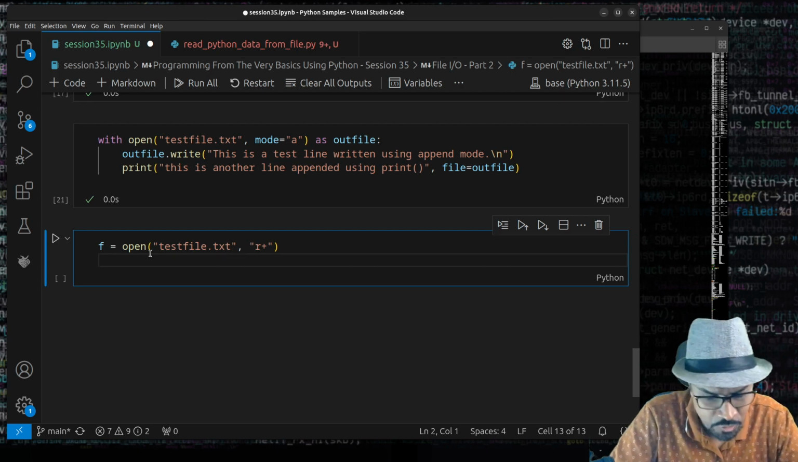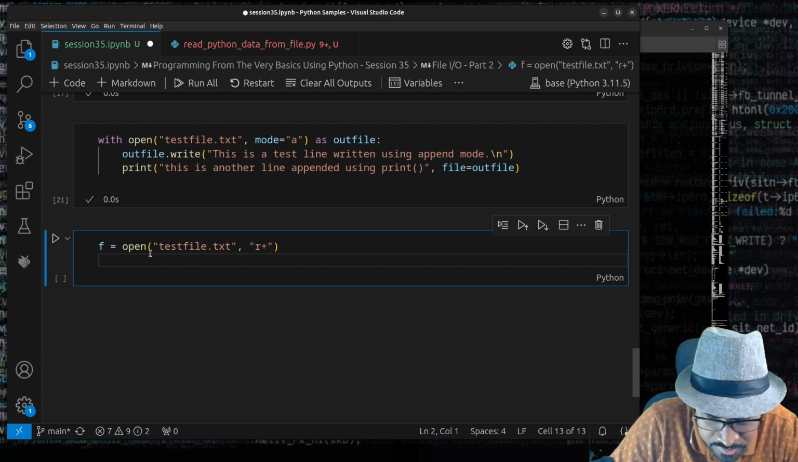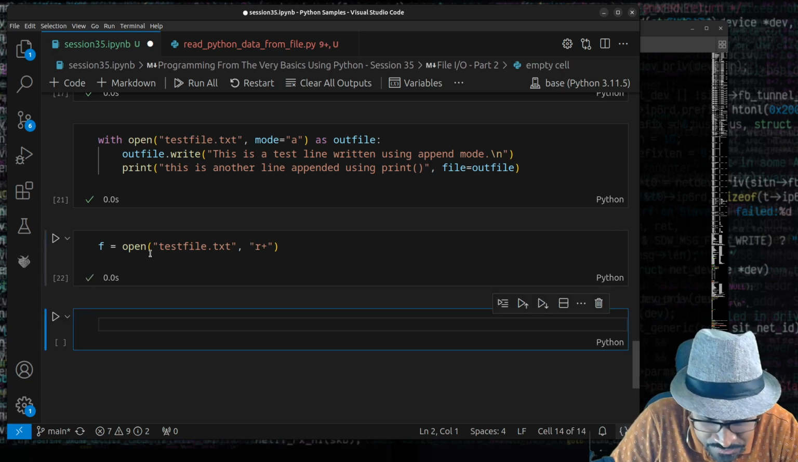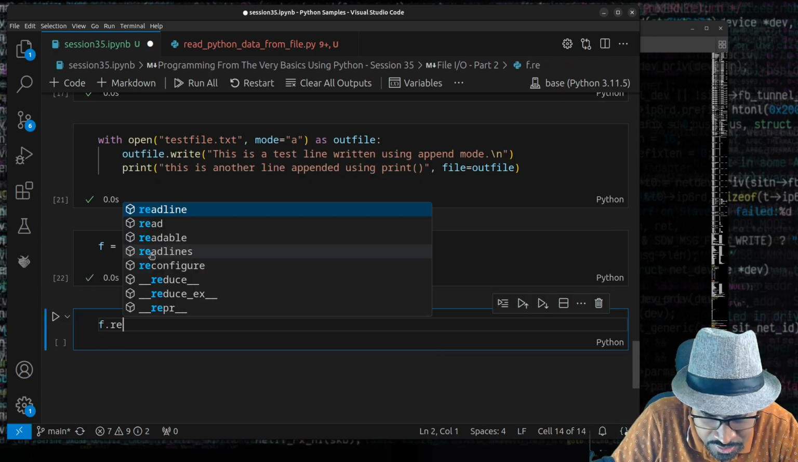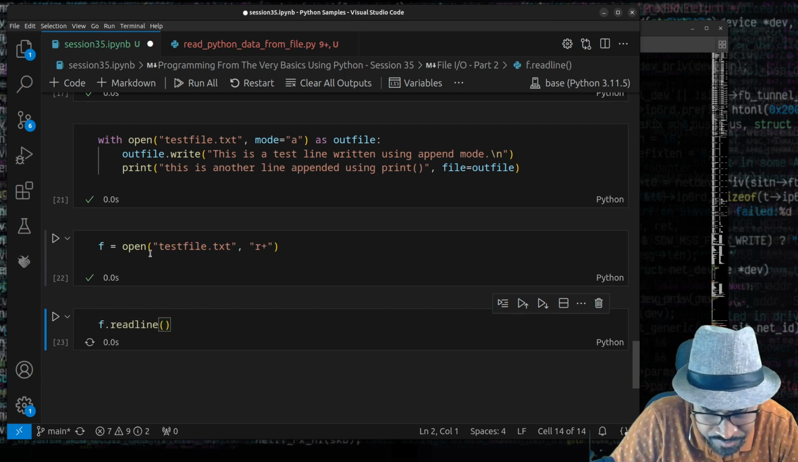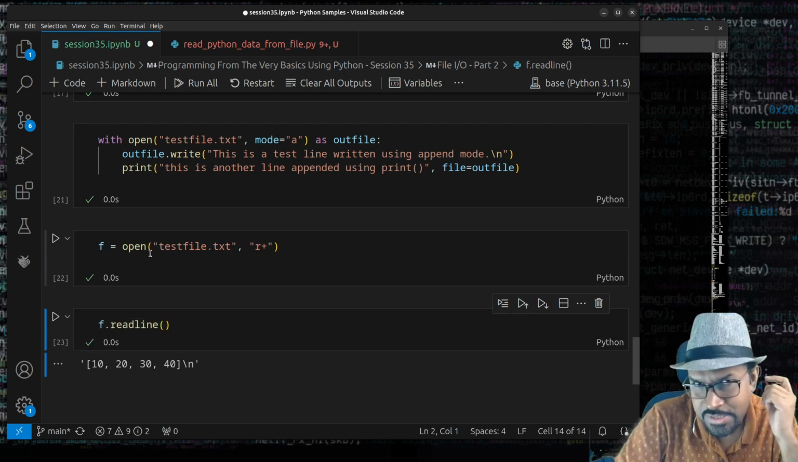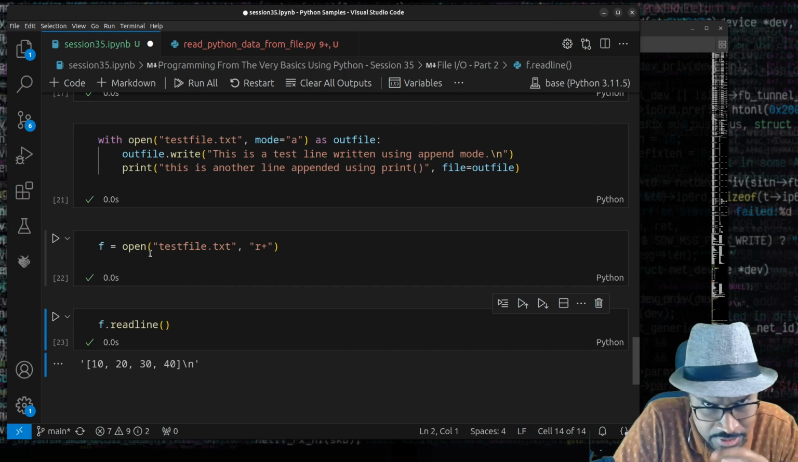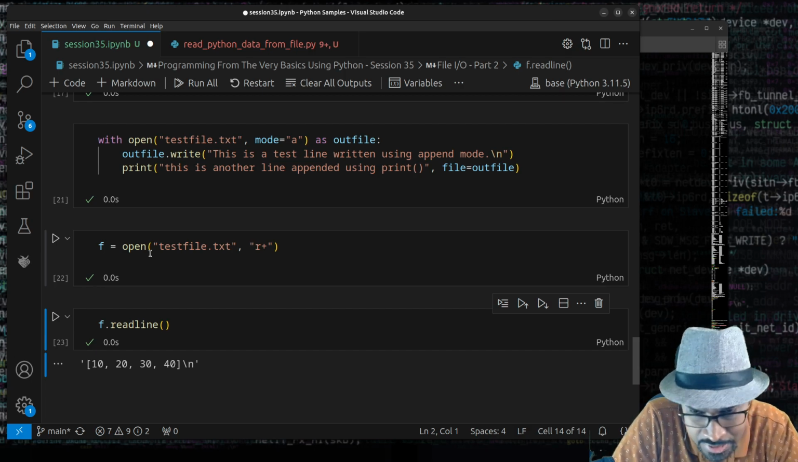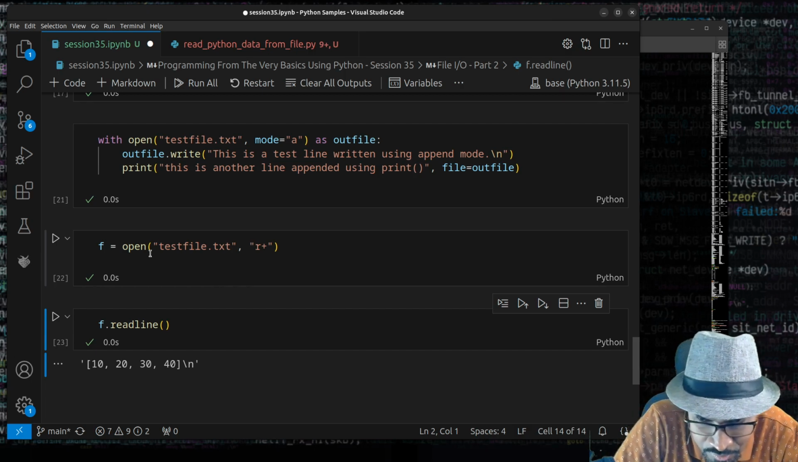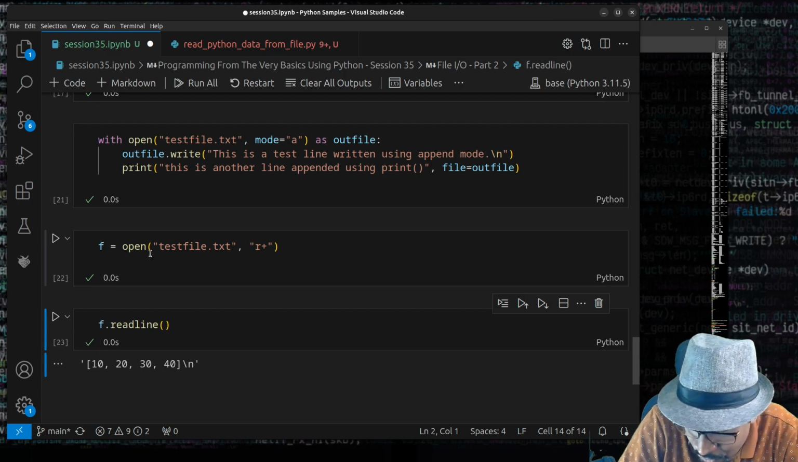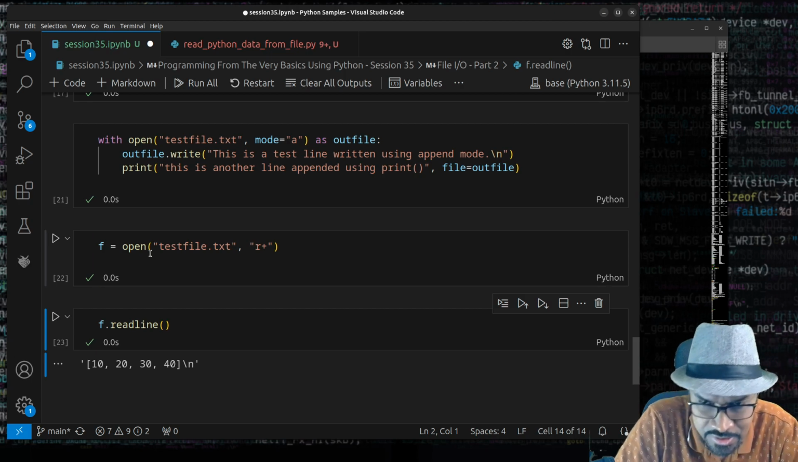Now, when I want to read this file, I open this file and read it. I can just say f.readline. I want to read just one line. You read the first line. Now I want to go back to that line and overwrite it. I want to change this list from 10, 20, 30, 40. I want to change something else. Now, if you want to do that,